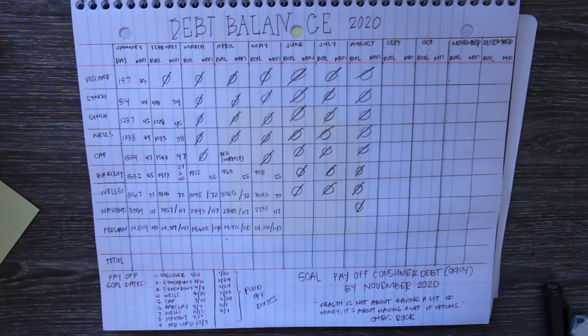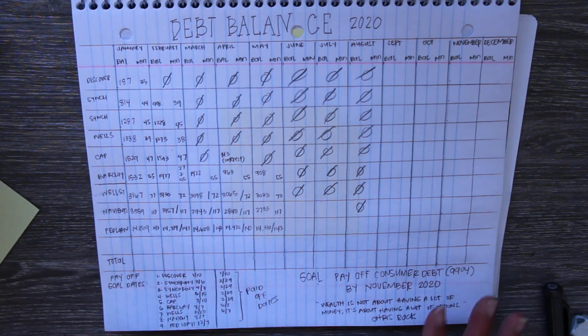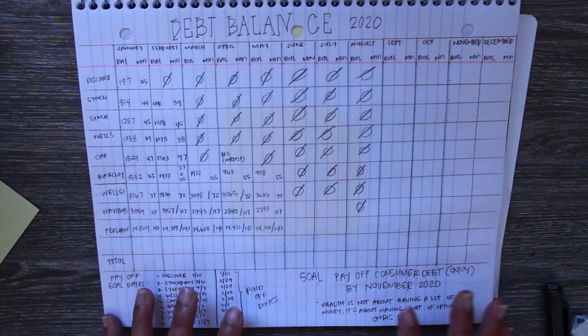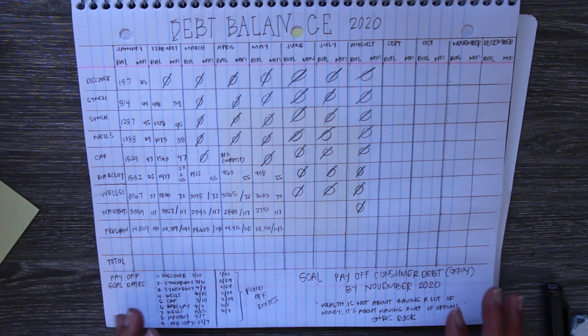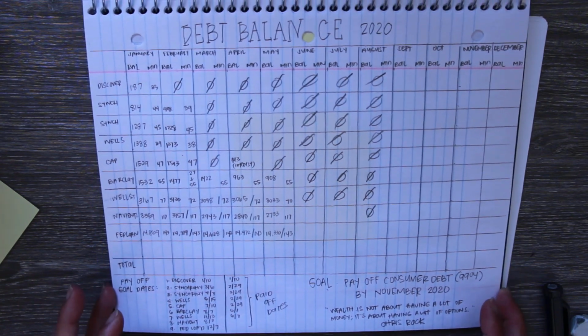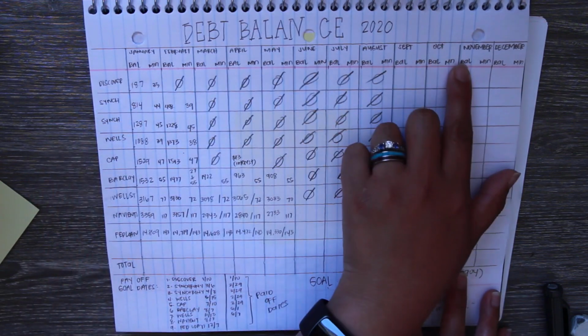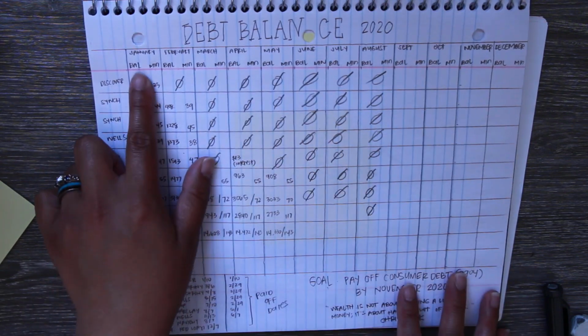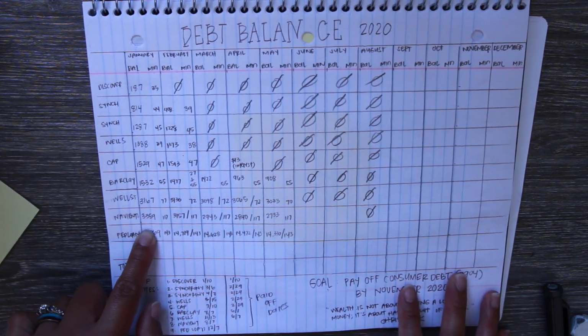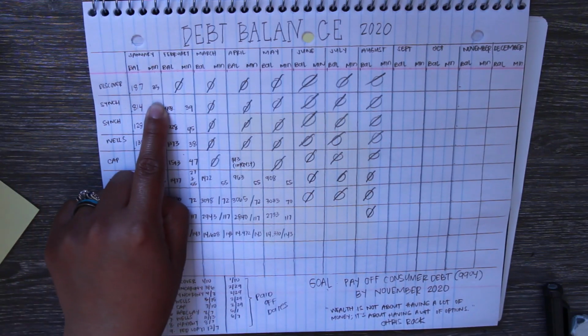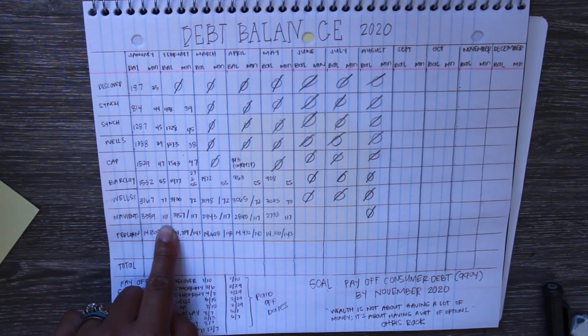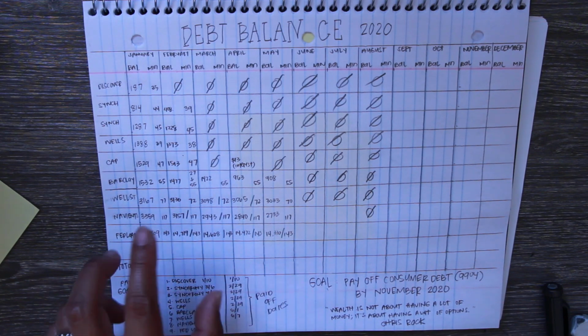So this is how the balance tracker turned out. The only time consuming part of this was just drawing in all the lines, but once that's done, every single month, you'll go in and check in on your balance, your payoffs. So what this has is all the months here across this way, and then the balance is one column, also a minimum amount due,